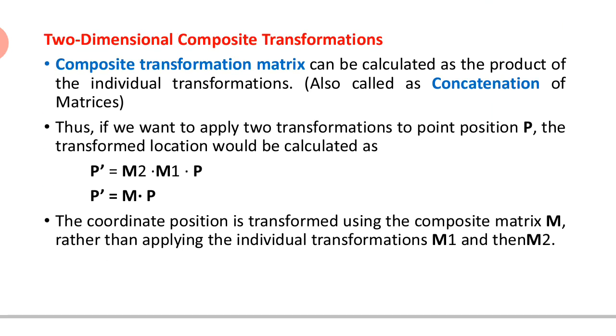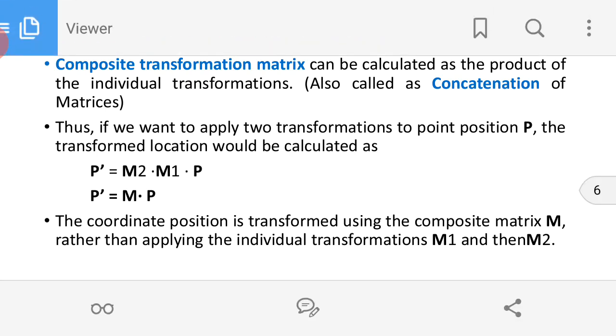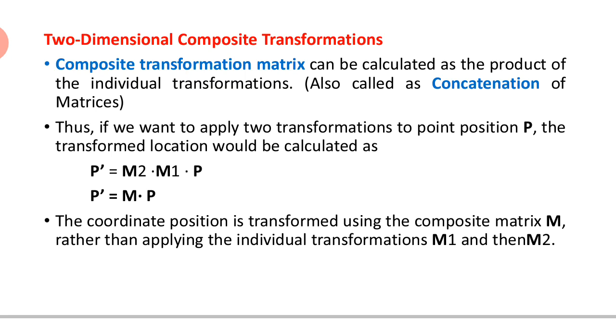And the last topic is a very important topic here also, that is two dimensional composite transformation. Right now we have studied the individual transformations like translation, rotation and scaling, but in the very beginning I told that most of the times we may need to go with these transformations multiple times. Sometimes I may need to go for translation followed by translation. Sometimes rotation followed by rotation. Sometimes scaling followed by scaling. So multiple times I may need to apply the same type of transformation on my object.